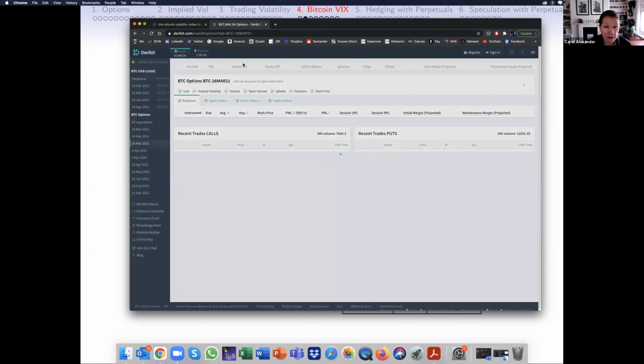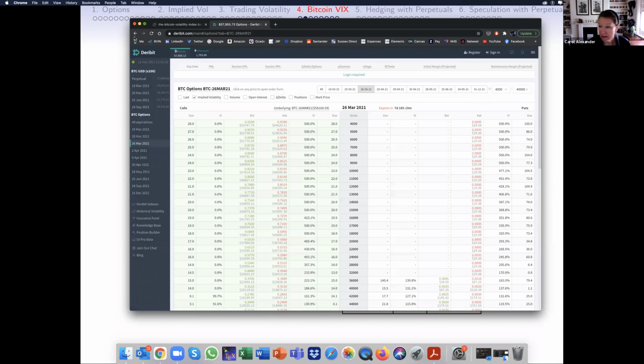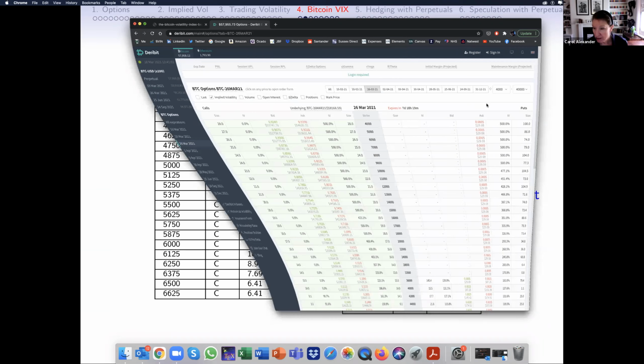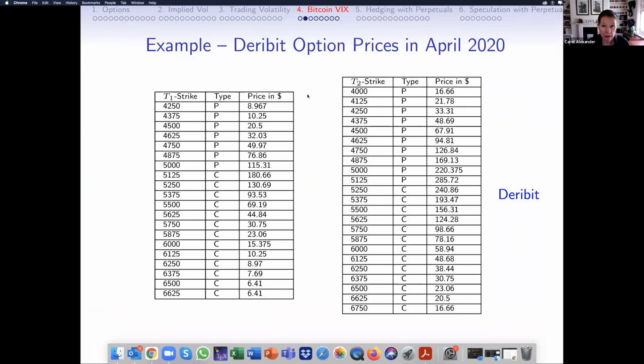The CME have also started to list Ether futures and options as well. But the volume's tiny compared with Deribit. It's still the main exchange. All right, so we need to take the straddling maturities if we want a constant maturity index. So we could, for example, have the shorter maturity T1 at this strike, and that's what the options are. A few more at the longer maturity